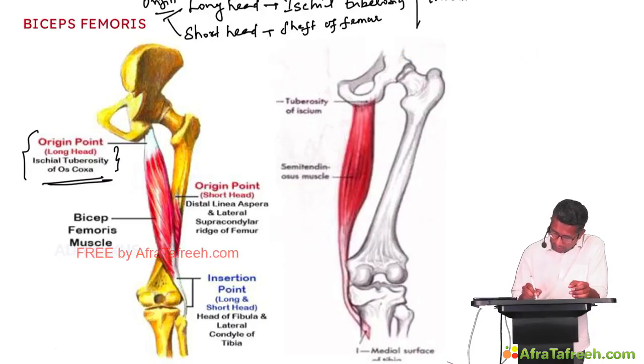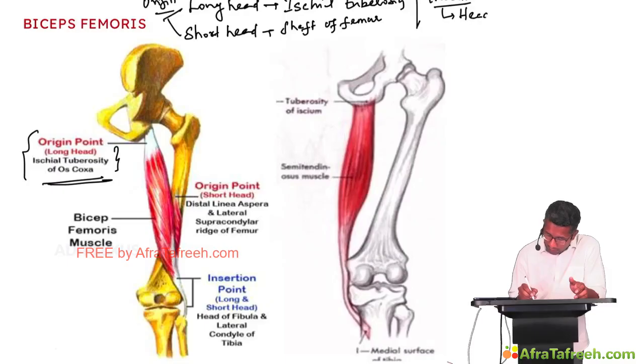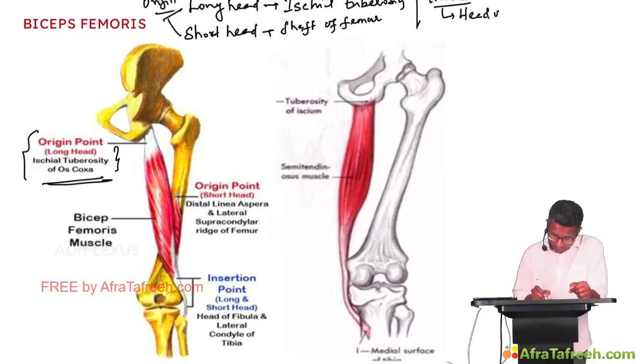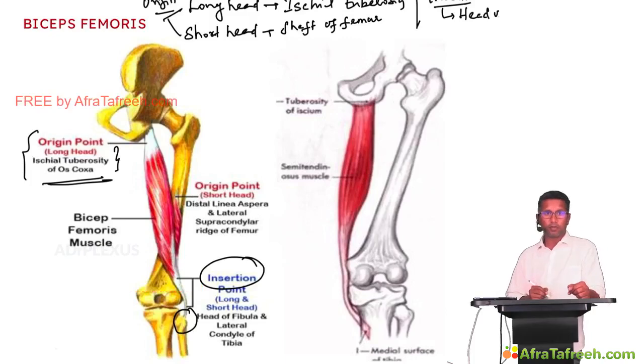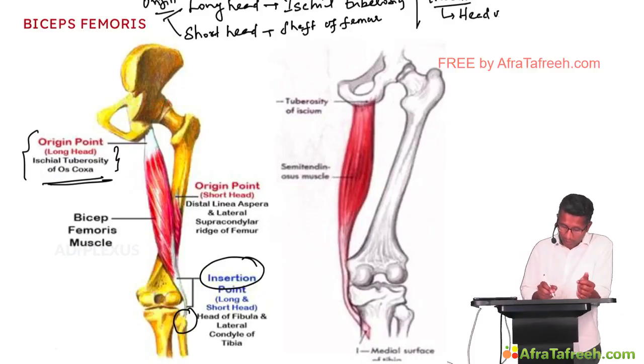They get inserted into, these two heads fuse and get inserted into the head of the fibula. You can see the insertion of the biceps femoris over the head of the fibula here. Fine. So this muscle is supplied by the sciatic nerve, but what is true here, the long head is